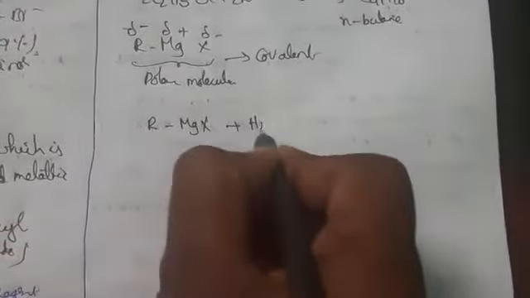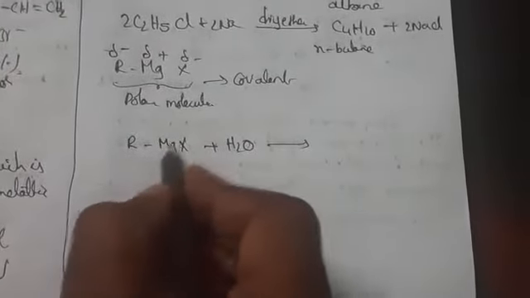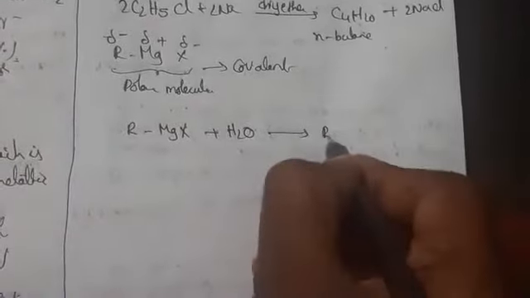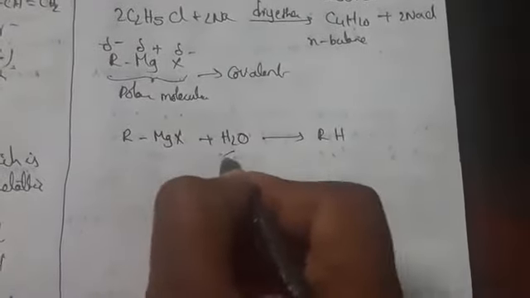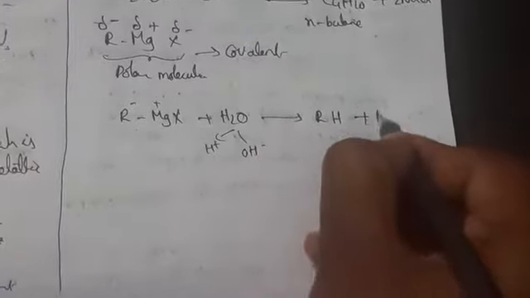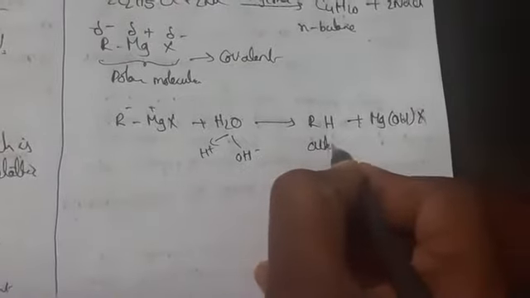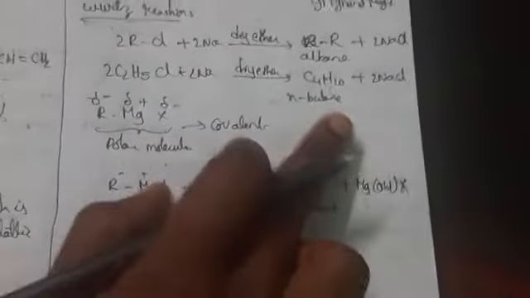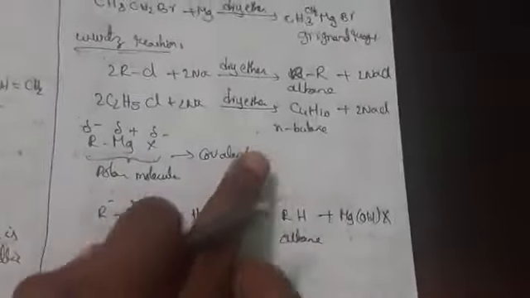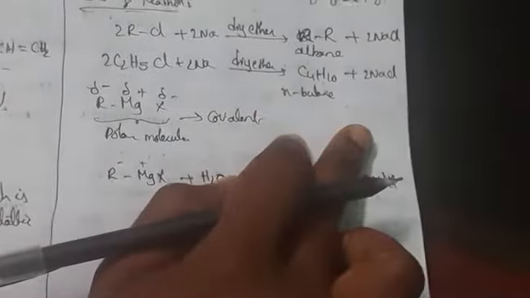So when you take RMgX plus H2O molecule, what happens here? This one will form RH. H2O can be written as H plus and OH minus. So this is R minus, Mg plus. This H plus will form here and we will get Mg, OH and X. So what is it forming here? Alkane it is forming. So this one will form alkane, and with hydrolysis it will also form alkane. So when you treat with sodium, it is forming alkane.